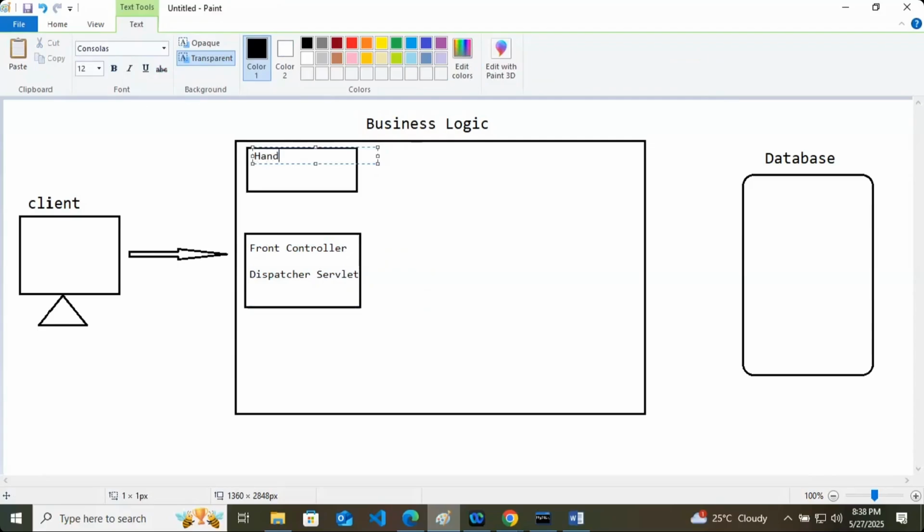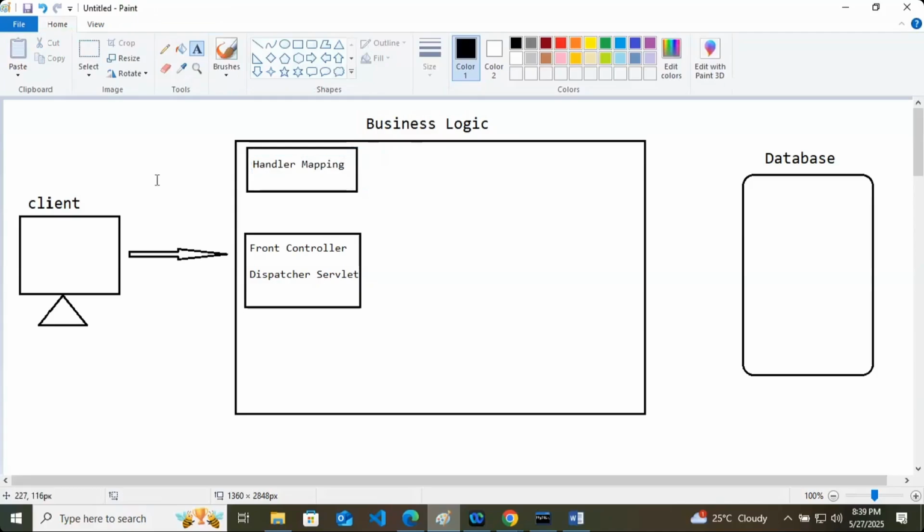Handler mapping. You know, we have controllers here. We have lots of controllers. Login controller, sign up controller. There can be one logout controller as well. There can be another controller. So there will be multiple controllers.